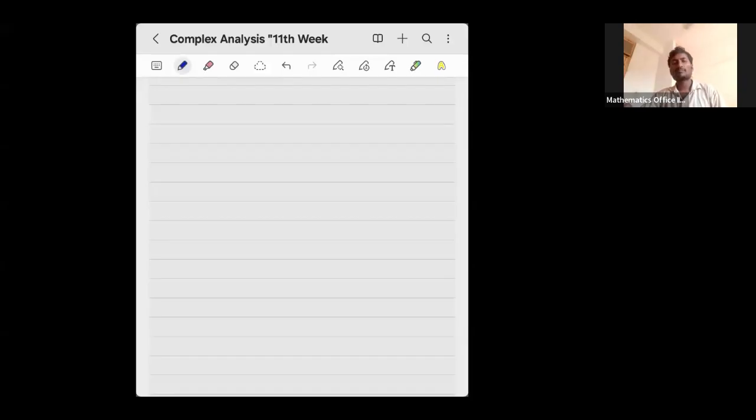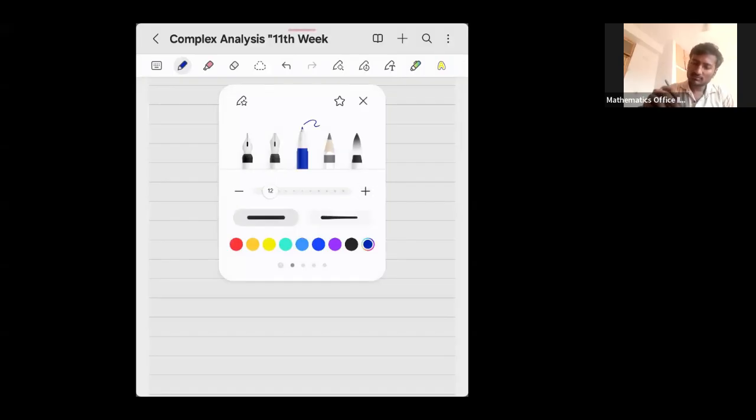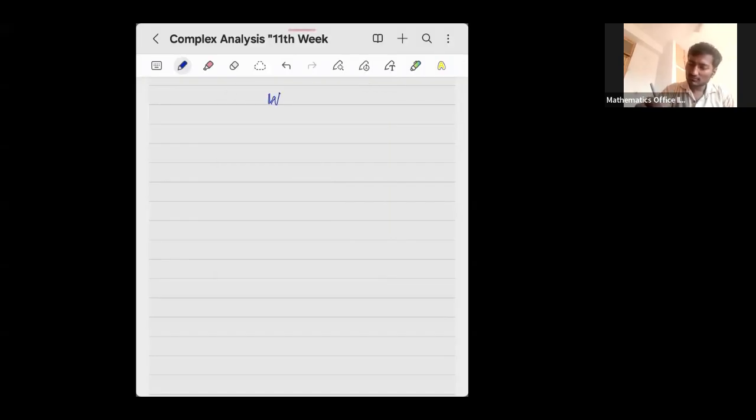Okay, so what happened this week? We first started with defining branch of logarithm. So by branch of logarithm, what we mean is this. So we can start from here. By a branch of logarithm,